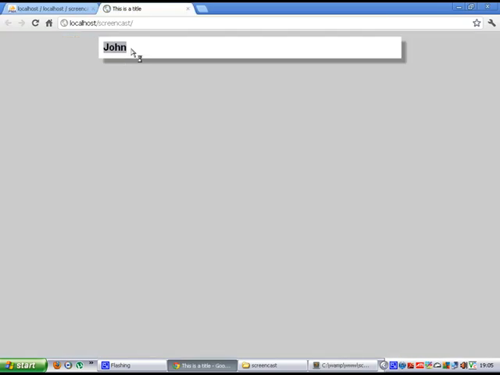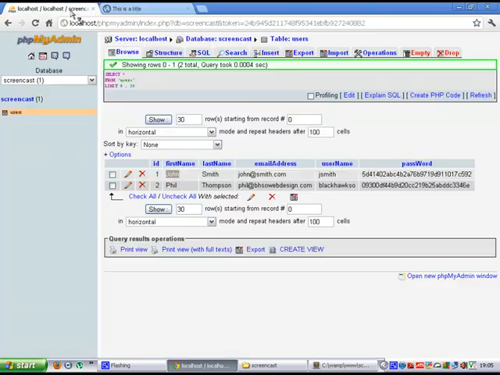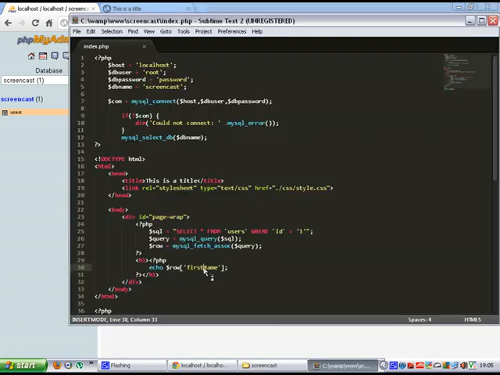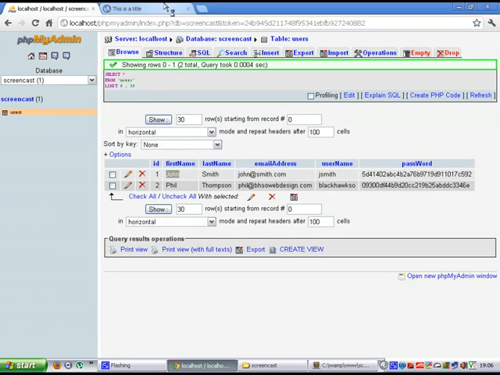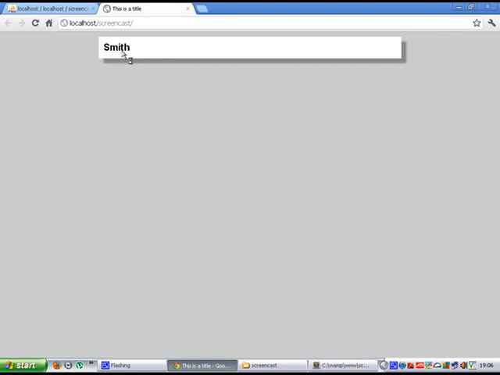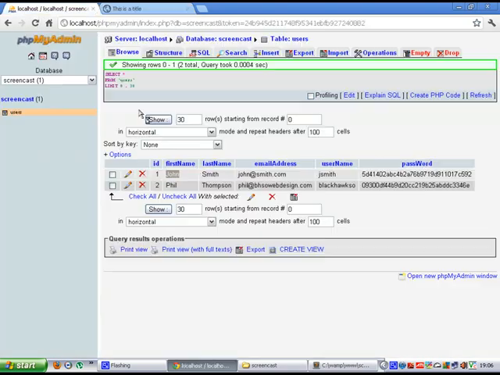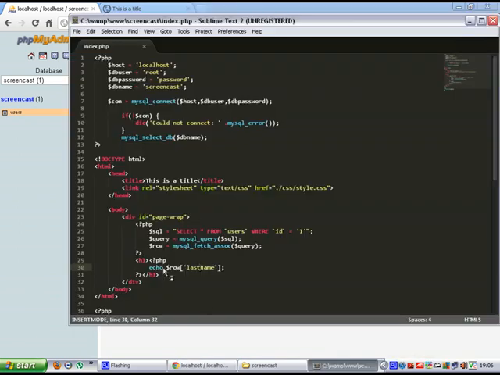displays John. Now if I want to display the last name, all I need to do is just change that to last name. Save that again, refresh the page, and it's come out with the last name. And that is how you can pull out information from the database. Now we could, if you wanted, have multiple of these, so string row,